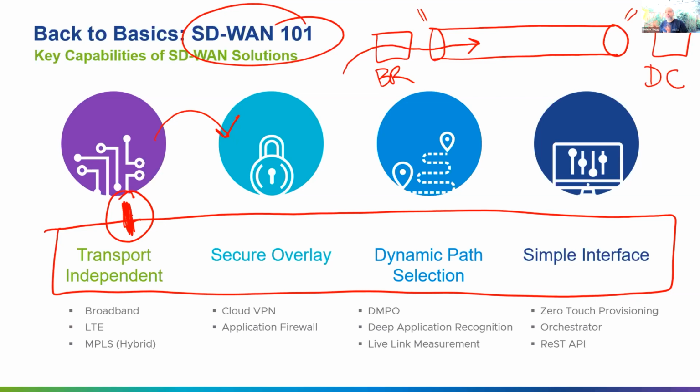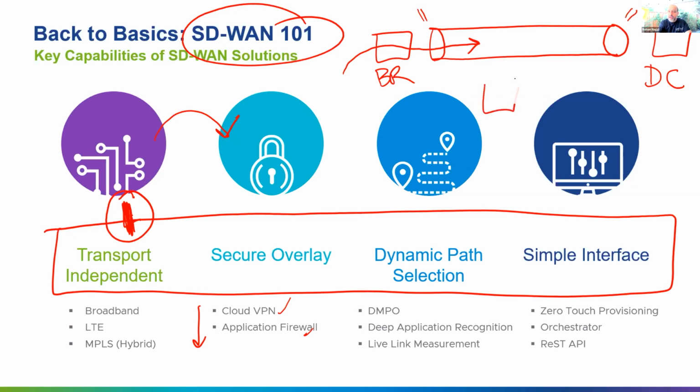So your traffic, even on public internet, is secured using multiple ways, like using the VPN and the application firewall, which is built in. Now that you know you can use any circuit, and you can send traffic over the public internet, which is also secure, who's going to provide me with some kind of protection against latency, jitter, packet loss, which happens on the circuits? Because now I'm using a public internet circuit. They are prone to going down, what we call a blackout condition or brownout condition.